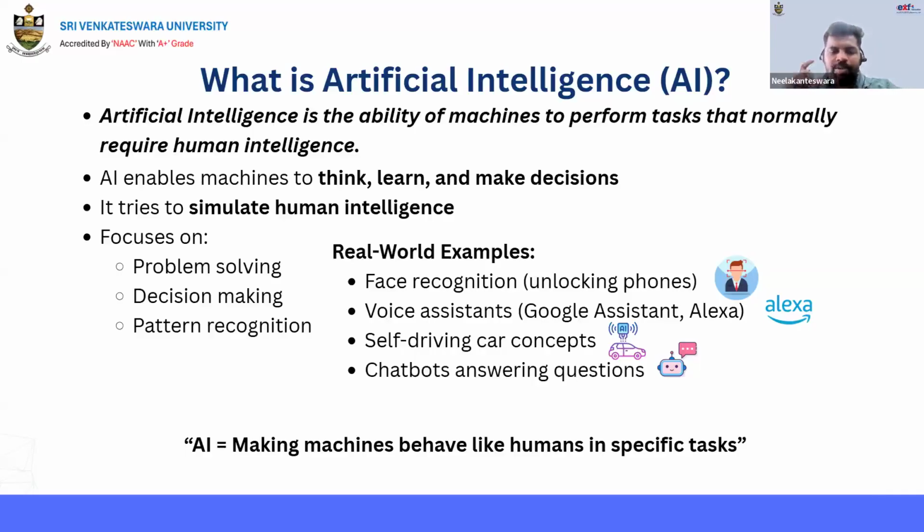I'm repeating one more time. Here we are giving machines the capability to mimic a human. That means they can think, learn, reason, make decisions, and create content. They can perform different tasks, like how humans think and how humans do. That is nothing but artificial intelligence.